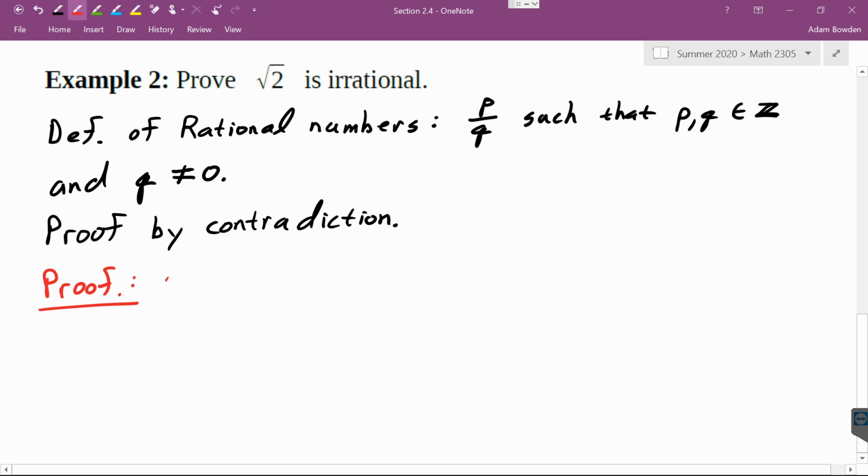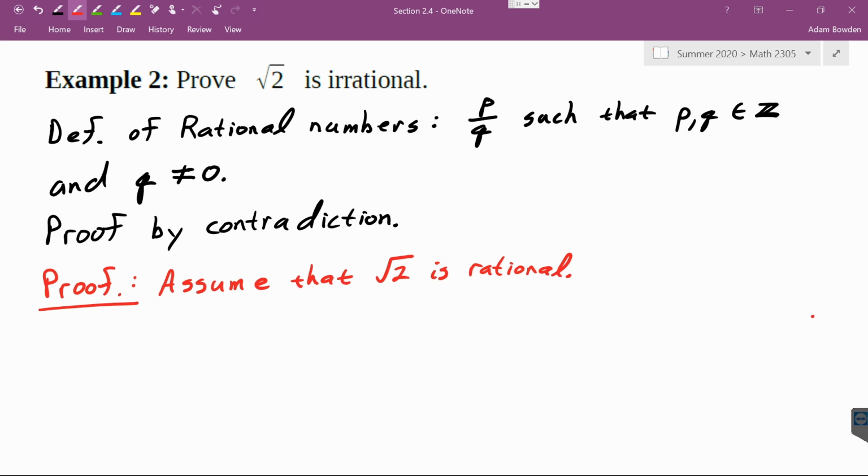Okay, so that's the very first thing that we say here. Assume that the square root of 2 is rational. Since we say that this thing is a rational number, there should be things we can assume about it as a result. If the square root of 2 is rational, then we should be able to know that there exists